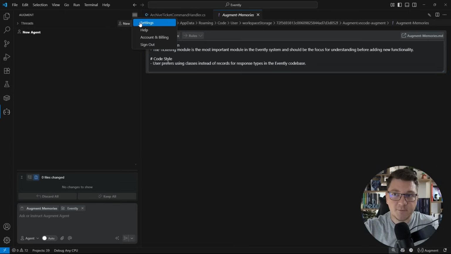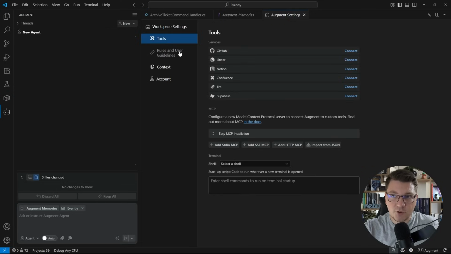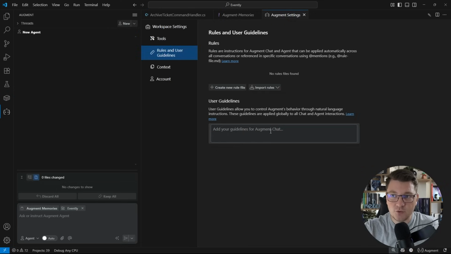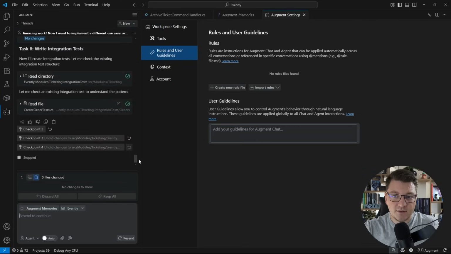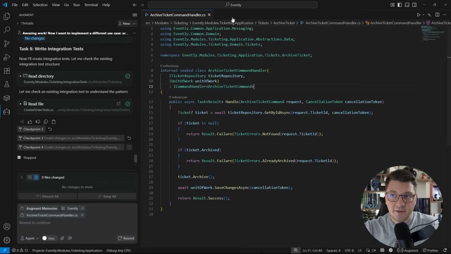Another thing you can do is go into settings, and here you have the option for adding rules and user guidelines. You can create a rule file if you want to use that approach, or you can define some user guidelines that are going to be applied globally when we are interacting with Augment Chat or Augment Agent. Another thing you can do is always go back to any of your previous threads. So we can see the previous thread where we were generating the archive ticket command,